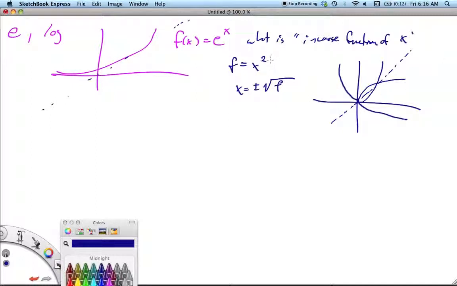What's more is the basic relationship that these two functions undo each other. Meaning if we take f of 2, it's equal to 4. If we take this function value and run it through the inverse function,